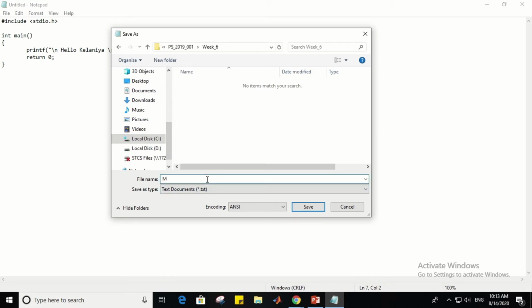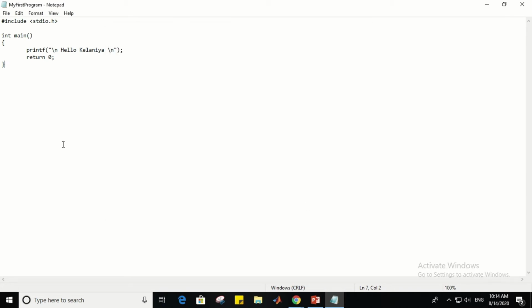To my first C program, then I need to give a name. I'm going to give the name myfirstprogram, and keep in mind you need to give the .c extension at the end of your file name. That is compulsory when you are saving a C program. Once you give the file name, you need to select the save type as all files. Then only it will save as a C program. Then click on save, and it will save. You can see it. Once it is saved, your untitled notepad will be saved to your file